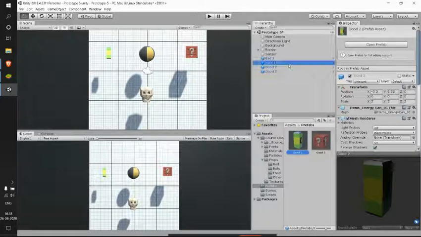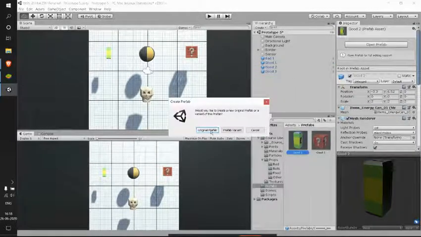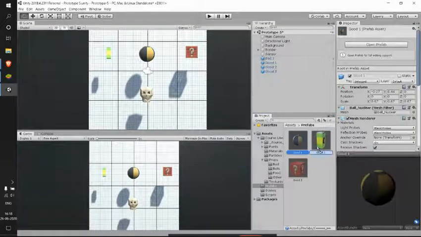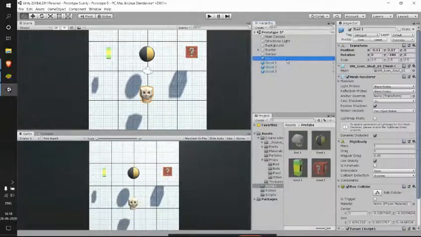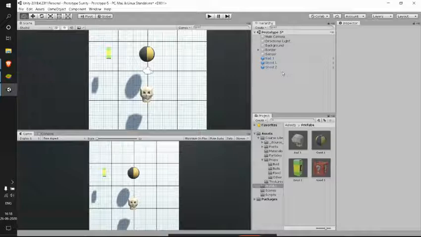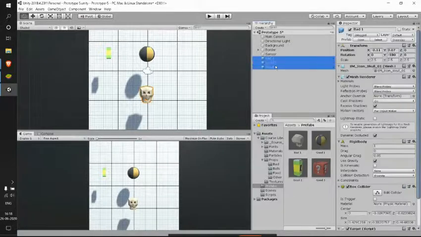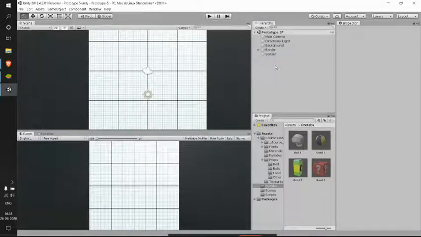For everything I'm creating original prefabs itself. So we have all our prefabs, right? Now we no longer need this in here. So let me delete this in our hierarchy.